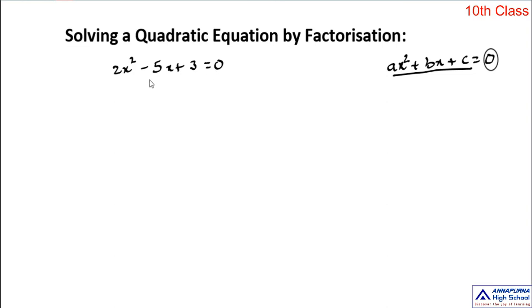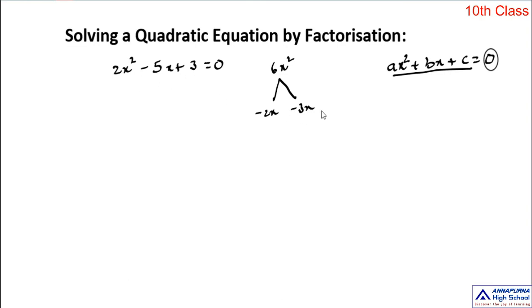So by splitting the middle term, first we find the linear factors of this quadratic polynomial. Here, what is the middle term? Minus 5x. So how do we split this middle term? By multiplying the constant and the x square term. Here the constant is 3 and the x square term is 2x square. So 3 into 2x square is 6x square. Now we find two factors of 6x square which, when added, give the middle term. So the two factors of 6x square are minus 2x and minus 3x. When you add these two factors, yes, we get the middle term.